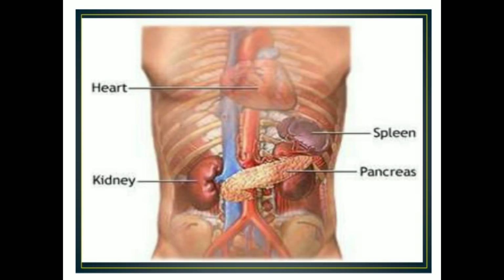Okay. Next topic we are looking at is the spleen. If we look into the location, the spleen is situated in the abdominal cavity. See the organ you are seeing here, that is the spleen. The spleen is situated in the abdominal cavity along the long axis of the 10th rib. See, there is a 10th rib, long axis of the 10th rib.